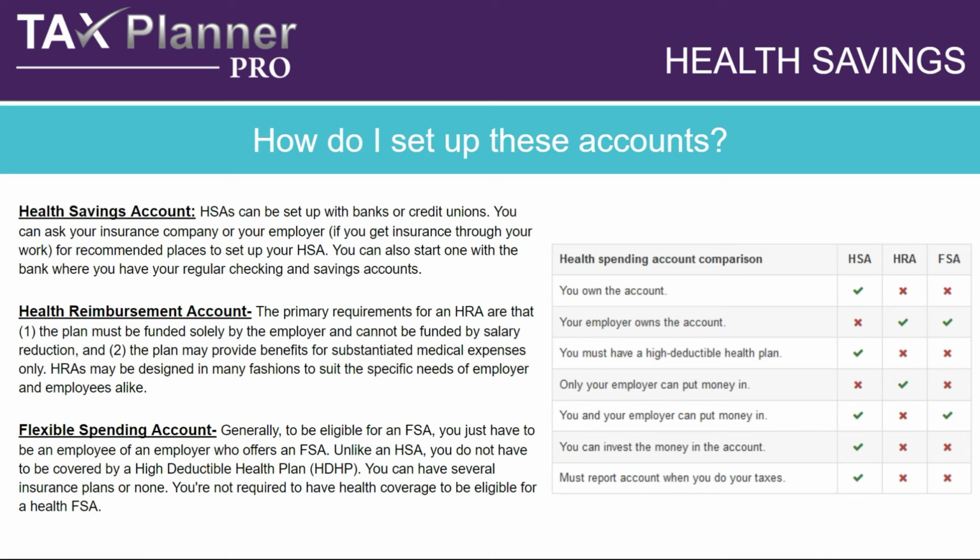Again, the health savings account is probably the most popular, probably the one that has the possibility of the most benefits, especially if you have a great deal of health care costs that you're trying to pay and use these accounts for, is the health reimbursement account. It doesn't have a limit per se, and is a pretty good setup. That being said, the employer has to fund it completely. So through salary reduction, whatever. So there's some hoops to jump through with each of these, but you can set them up as you see